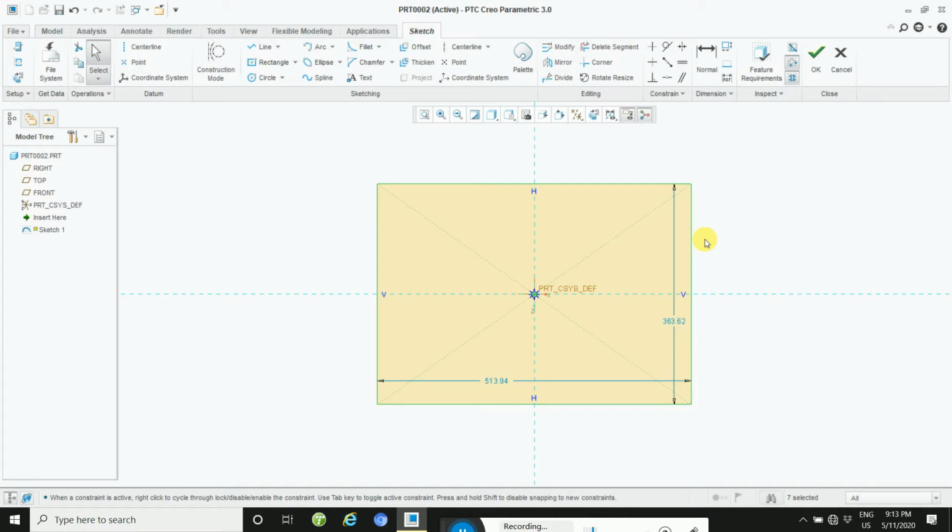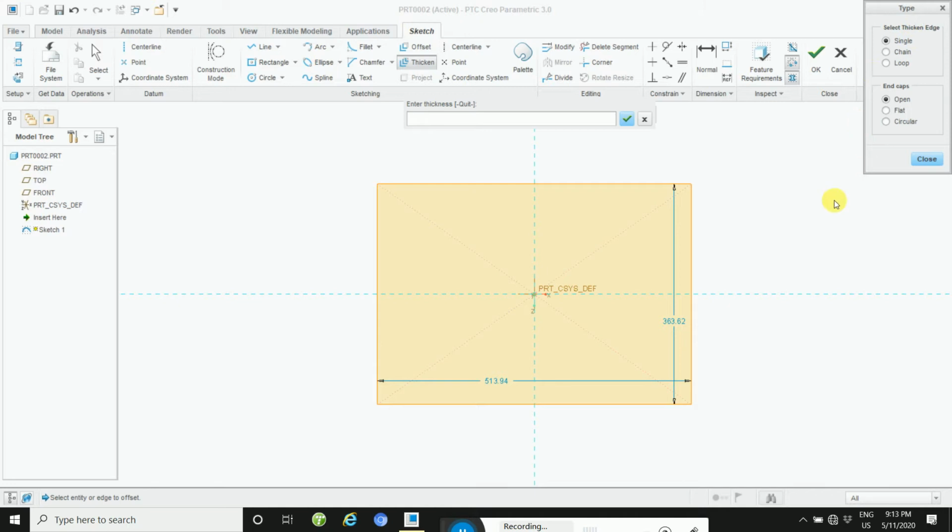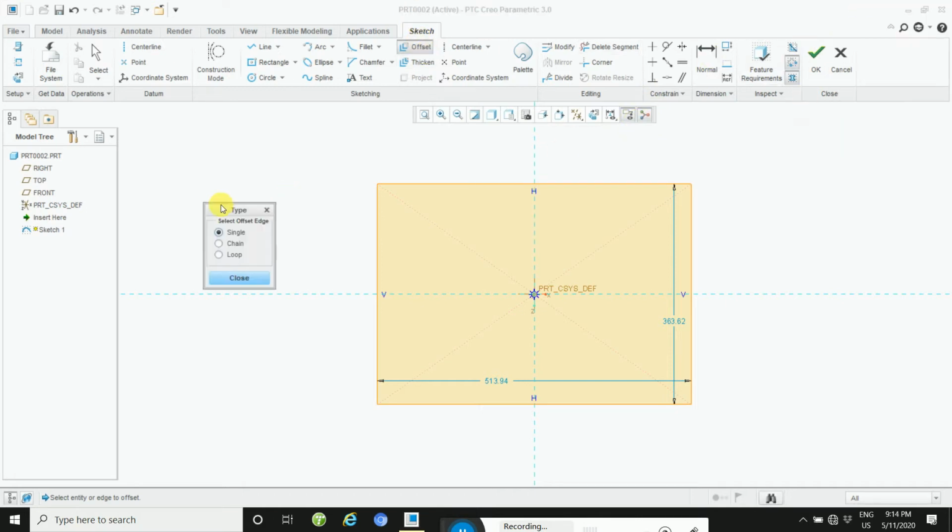You can use the offset curve to build up a set of curves, and then you can use them to build a surface. Various options are available within the offset tools, such as single offset, chain offset and loop offset. There are three types of offset in this tutorial, so I will explain one by one briefly: single offset, chain offset and loop offset.